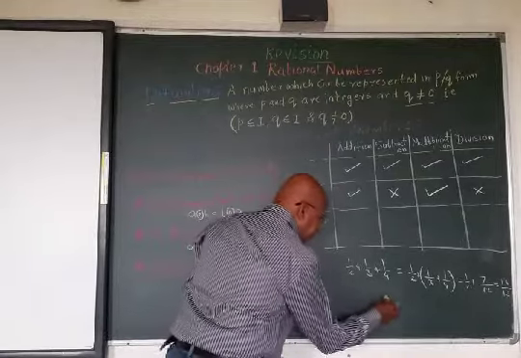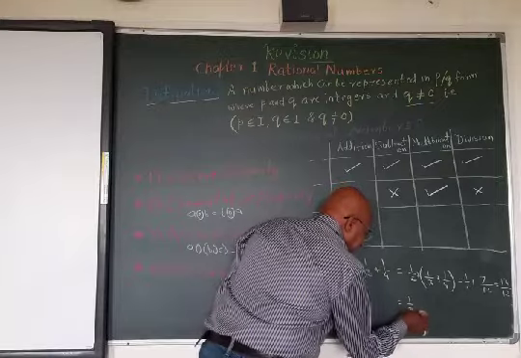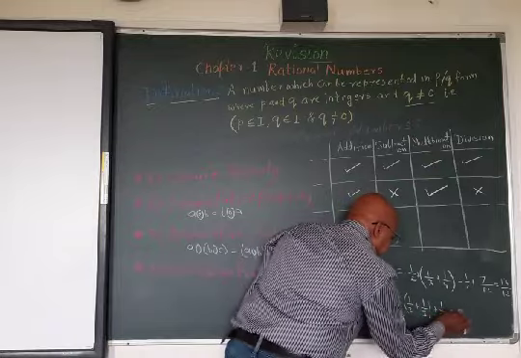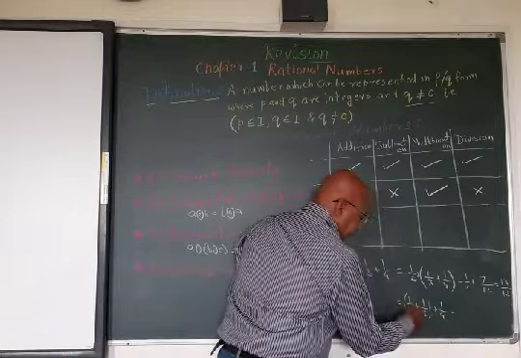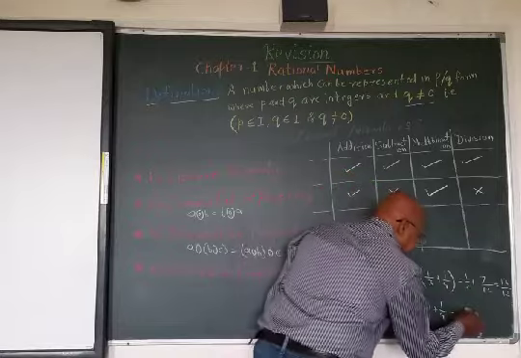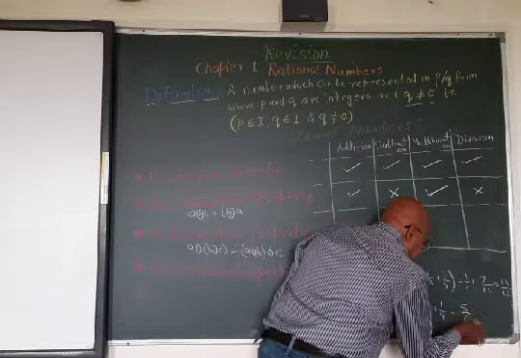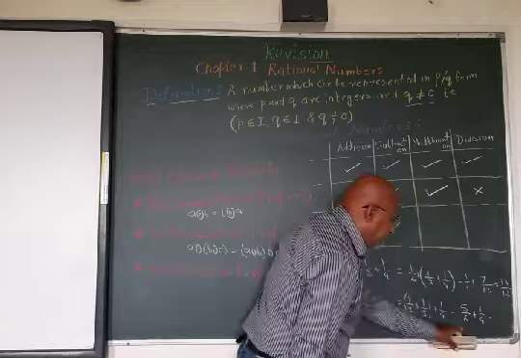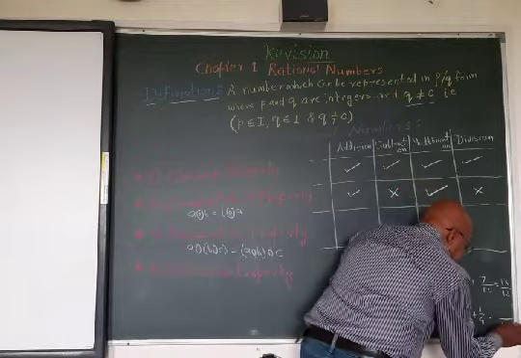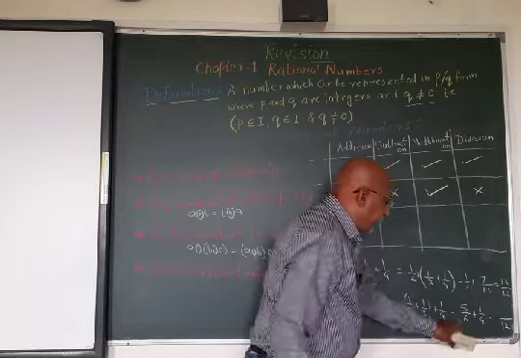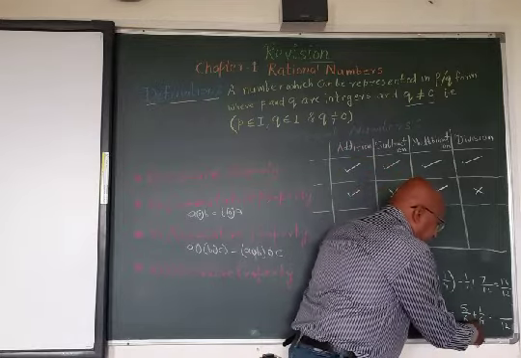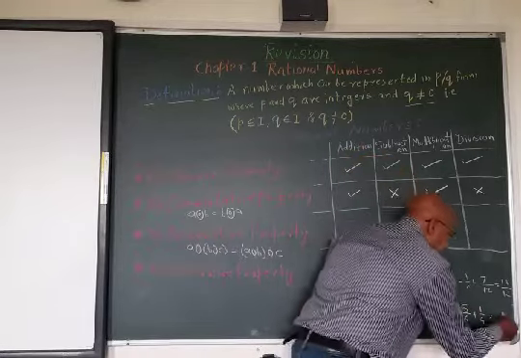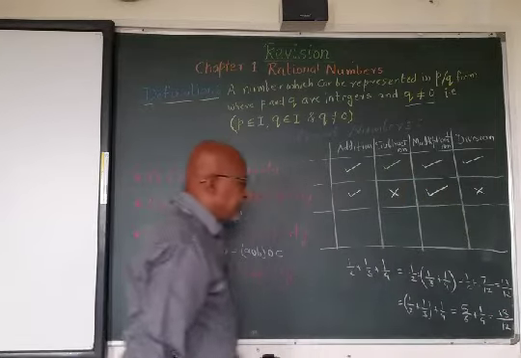If we do it another way, that is 1 by 2 plus 1 by 3, plus 1 by 4. What we get? 3 2s are 6, 3 plus 2, 5. So we get 5 upon 6 plus 1 upon 4. Now the LCM of 6 and 4 is again 12. 6 2s are 12 means 5 2s are 10. 4 3s are 12 means 3. So 10 plus 3 is 13. So the results are the same.